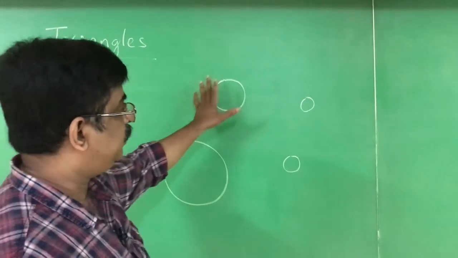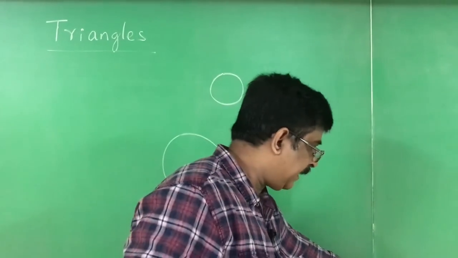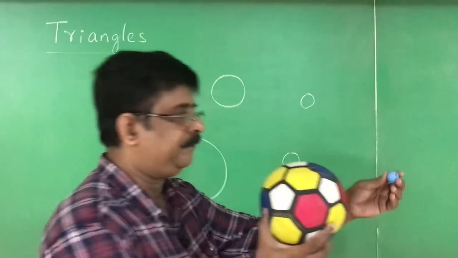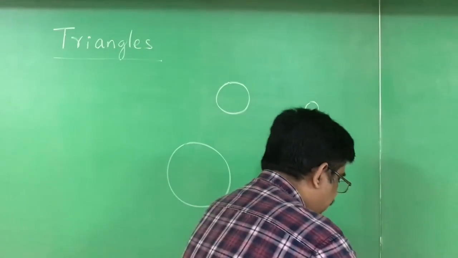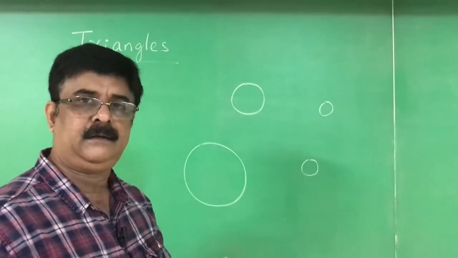A circle is different from a sphere. I am talking about what are known as geometrical figures. These are called geometrical solids. See, these are also similar. They are geometrical solids. Now come to the board. Here I can say that circles are always similar.